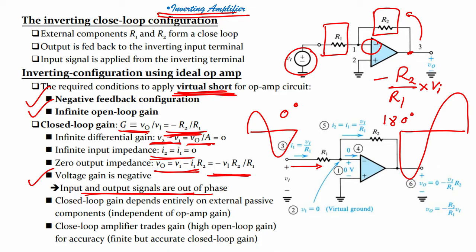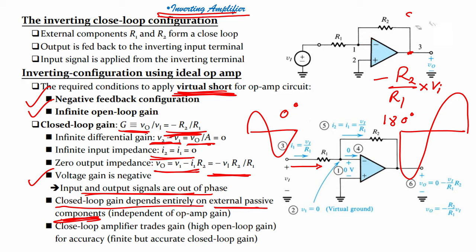So, that is what is written here, that input signals and output signals are out of phase. Okay. Next, closed loop gain depends entirely on external passive components. Why? Because we have R2 and R1. R1 is a resistor, R2 is a resistor, and these are externally connected to the op amp, that is why they are external passive